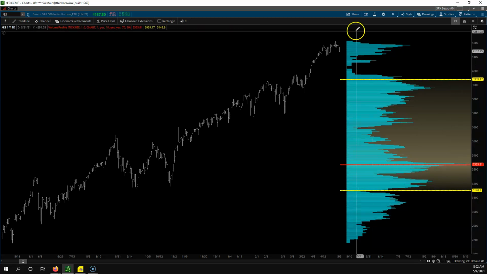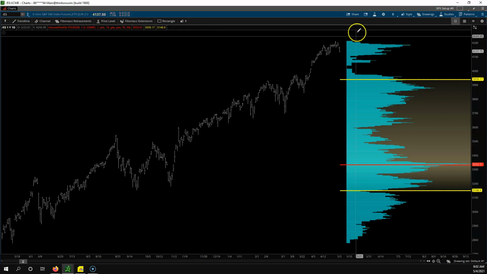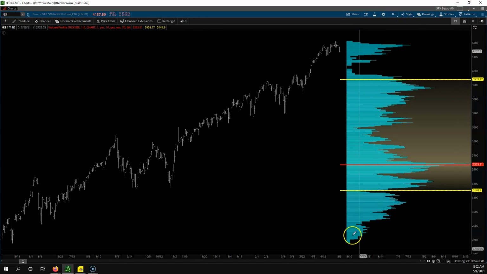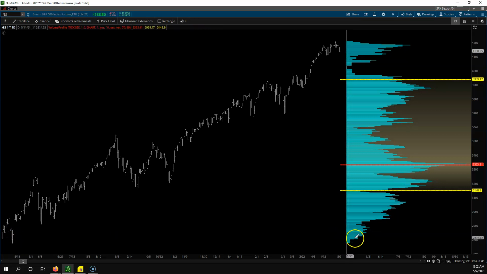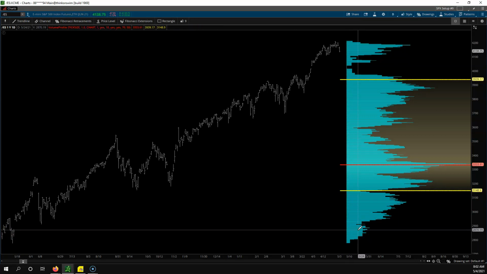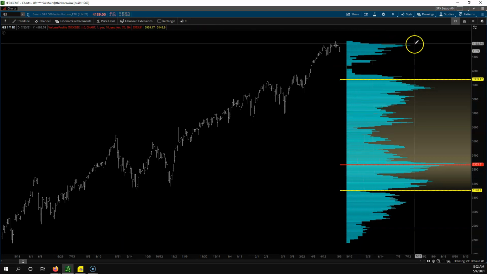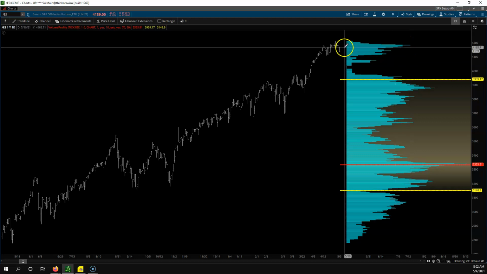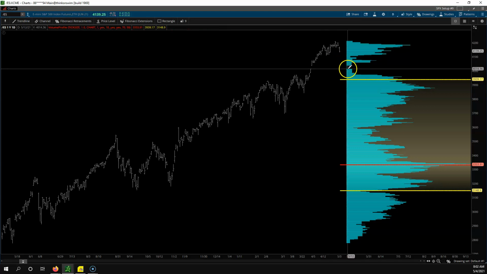Now, on the bigger picture, remember, with the TPO, we actually had a little bit of excess. With the volume profile, we didn't have excess. So this auction probably is not over yet, but we do have excess down here. Now, remember, as these days fall off, this will change how the market profile looks. But as of right now, we have a high volume node. We're below it. I actually wouldn't be surprised if price keeps falling and comes at least down to this level